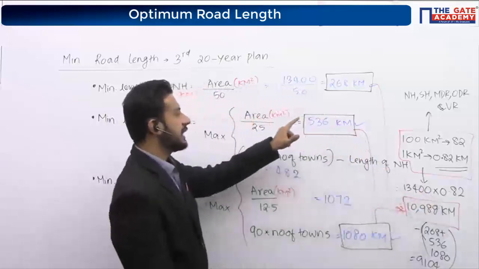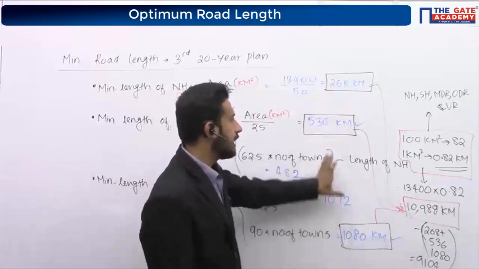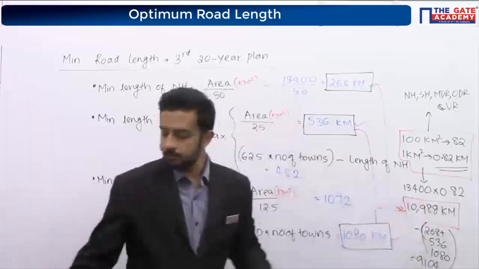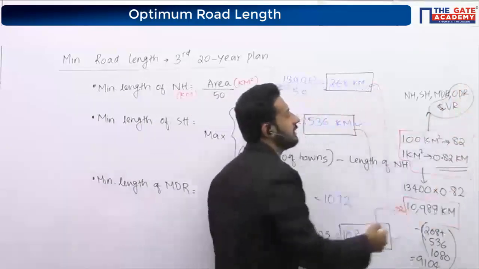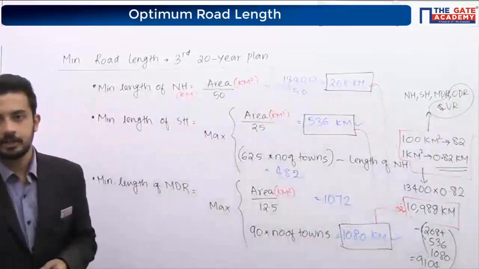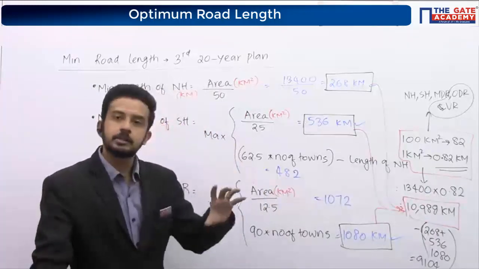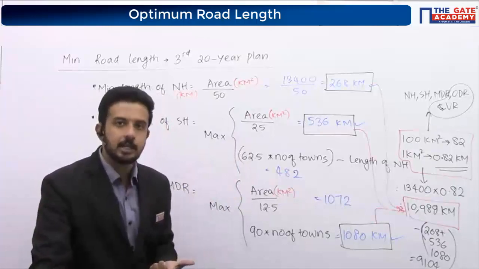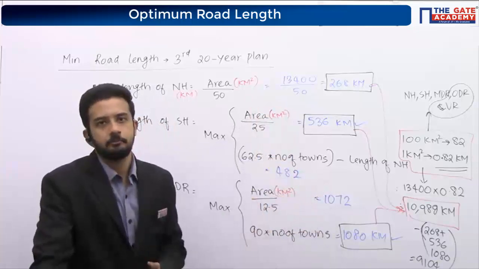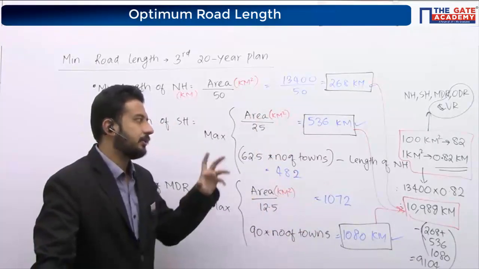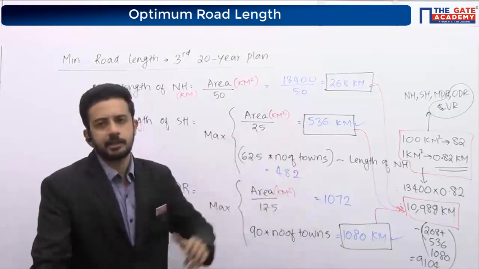In that we got how much is national highway, how much is state highway, how much is major district road. So if you subtract all these three from the total, what are you going to get? The length of other district road and village road. Separately we cannot find them out according to the Lucknow road plan. The length of ODR plus village road will be equal to the total minus these three, which you'll get as 9104. Now, did you understand what I was trying to explain? According to this question, these three are the answers, that's it. But I'm just giving some extra knowledge.